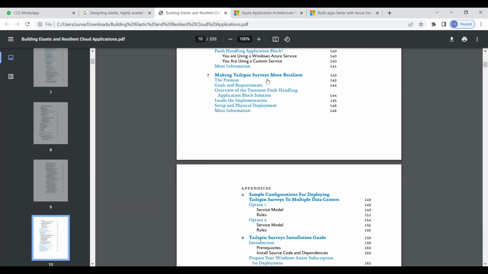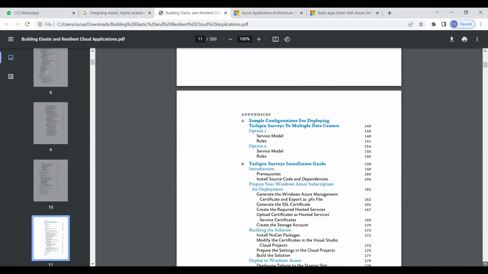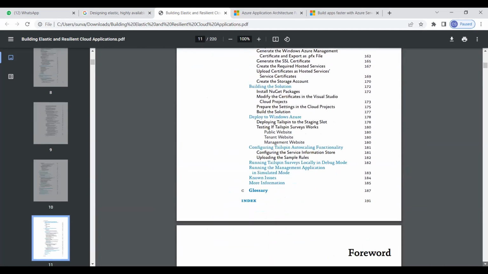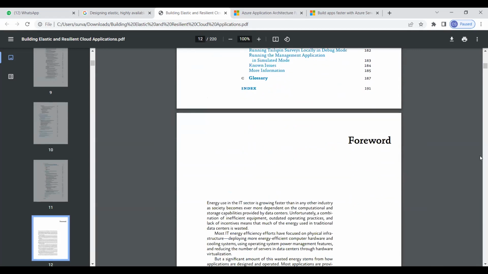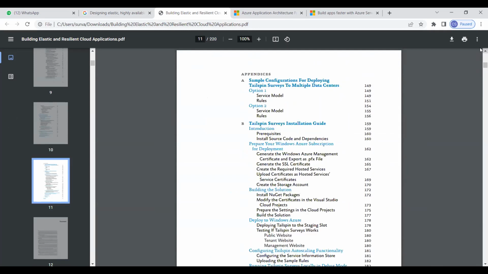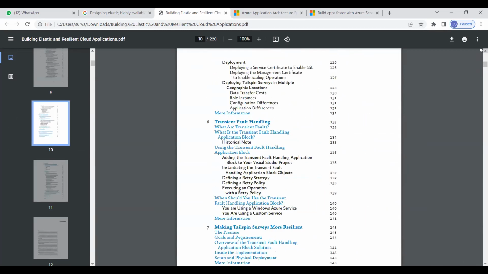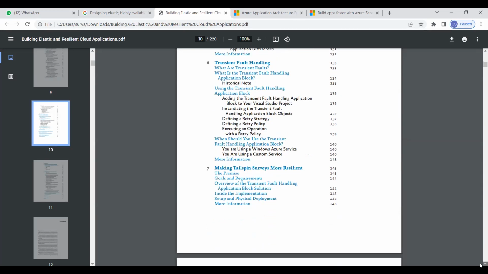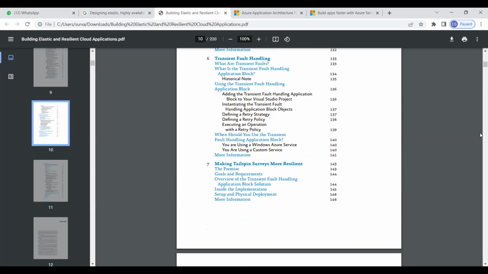Then making Tailspin Surveys more resilient, its details are given over here. So these are the parts that are covered in this book. Also how to set up this kind of an environment, that part is covered here.